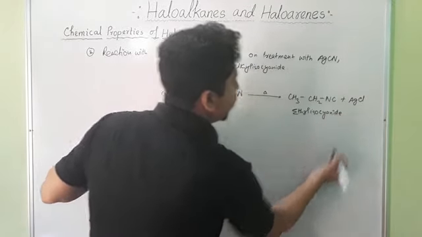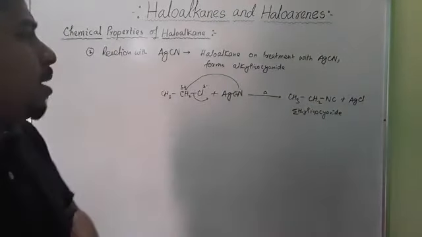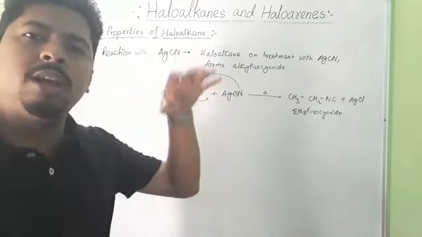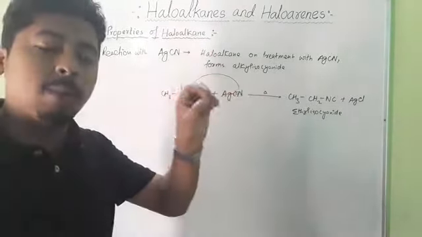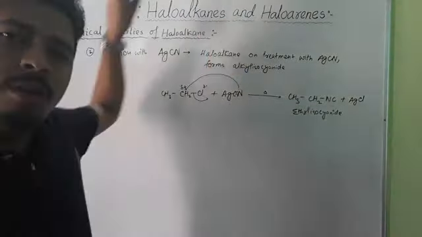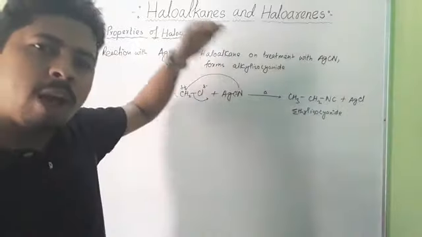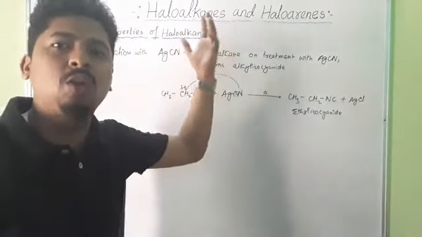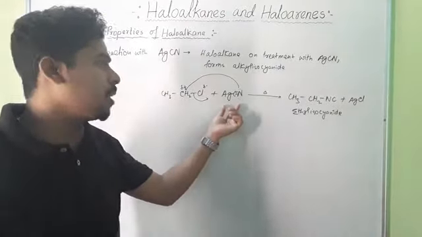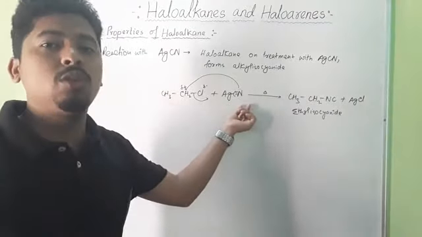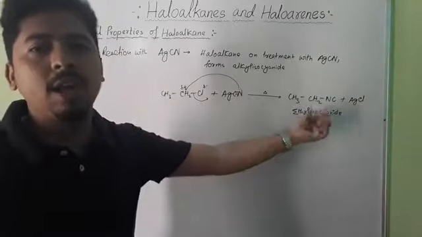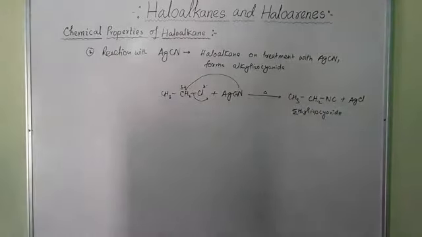The reason is that potassium cyanide and sodium cyanide are ionic compounds, and the maximum charge density is over carbon. So the nucleophilic attack was carried out by carbon, and that's why it forms CN products, cyano compounds. But in the case of AgCN, it is a covalently bonded molecule. Here the maximum charge density is over nitrogen, so the nucleophilic attack is carried out by nitrogen, and it forms the NC product, the alkyl isocyanide product.